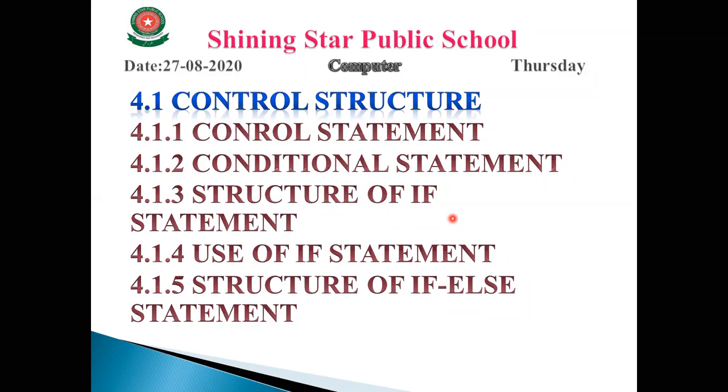Now the constants and variables. Constant means those values which cannot be changed during the execution of the program. And variables are those named memory locations in which we can change our data during the execution of a program. So rules of the variable's name: we don't use the space sign, we can use the underscore, and we cannot use the special characters. Okay, and we cannot use the keywords as a variable name. These are some instructions. So chapter number 2 is ended.